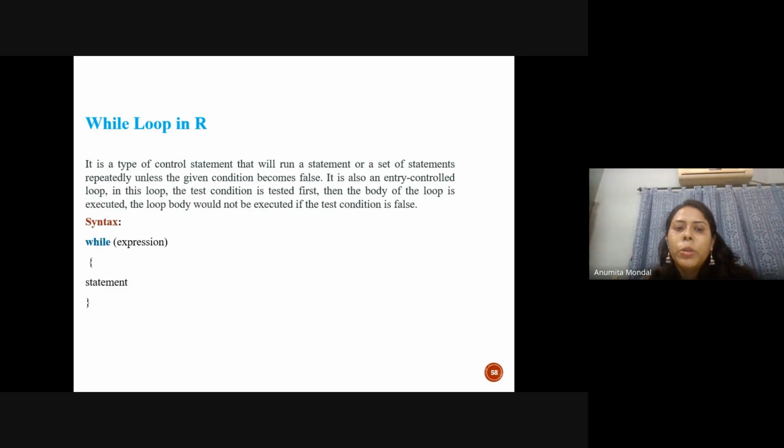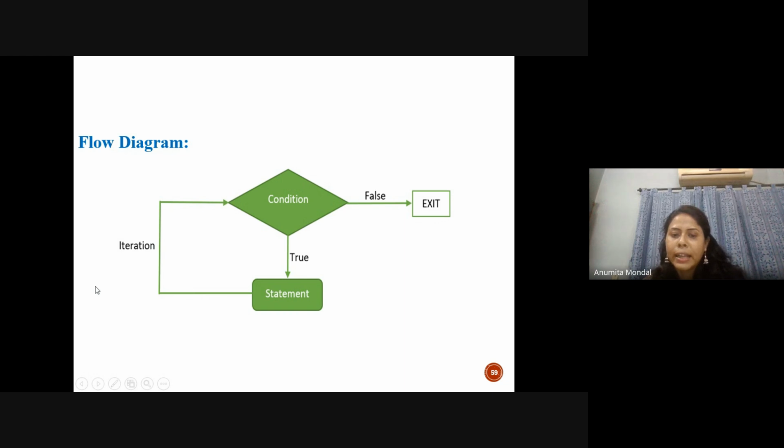While loop is used for a control statement that will run a statement or a set of statements repeatedly unless the given condition becomes false. It is also an entry controlled loop. In this loop the test condition is tested first and then the body of the loop is executed. The body of the loop should not be executed if the test condition is false. In this case, there is while, then the condition which we want to check, and then the statement. The diagram is like this. In this case, just write the statement, it goes for the iteration if the condition is true. Then again for the statement, and if it is false,